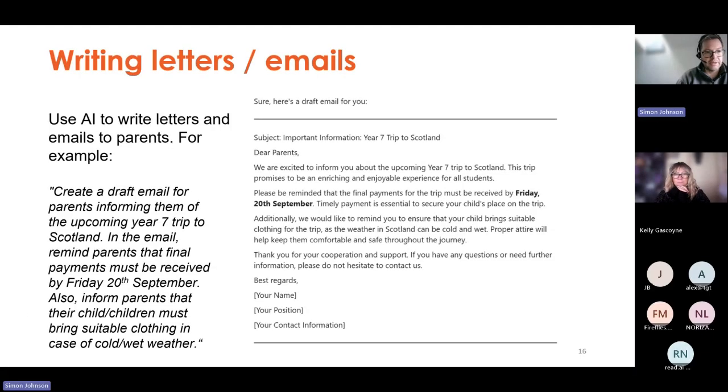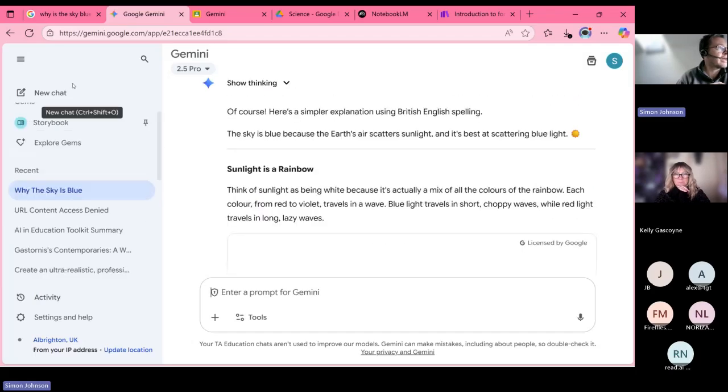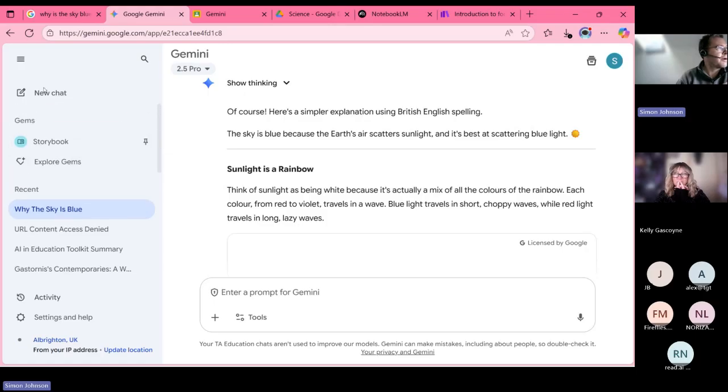Now this time, because it's conversational, I'm going to start with a new chat. And to do that, we click on the new chat up here on the top left-hand side. You can see the history here, and you can review those and go back to those at any time. You can even click on the 3 dots and pin those. So if there's any prompts that you use on a regular basis, you can pin that to the top. But I'm going to click on new chat,